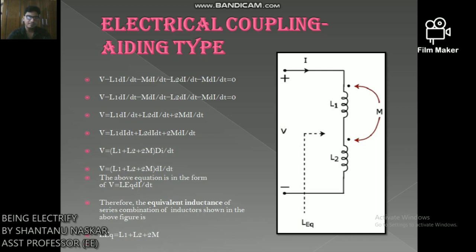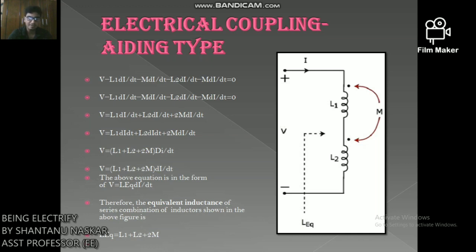So consider the following electric circuit, which is having two inductors that are connected in series. Please go through this circuit. Since the two inductors are connected in series, the same current I flows through both inductors having self-inductance L1 and L2. In this case, the current I enters at the dotted terminal of each inductor.